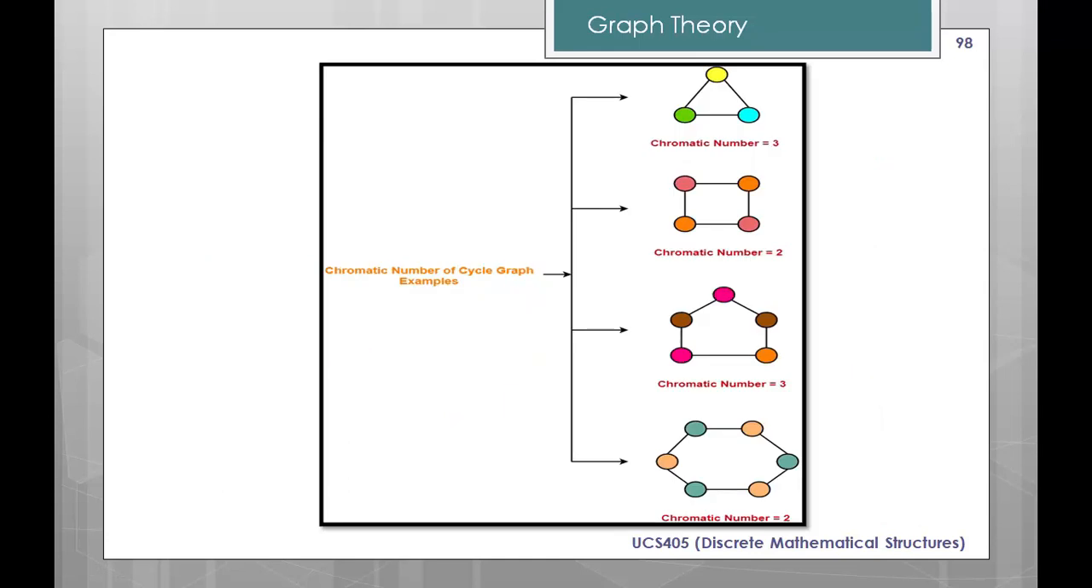Next is the chromatic number of a cycle. What is the chromatic number of the graph Cn? A cycle is denoted by C. Here we have 3 nodes and this is a cycle. We require 3 colors. In this case we have 4 nodes and the chromatic number is 2. So the formula is: chromatic number equals 2 if n is even, that is, an even positive integer